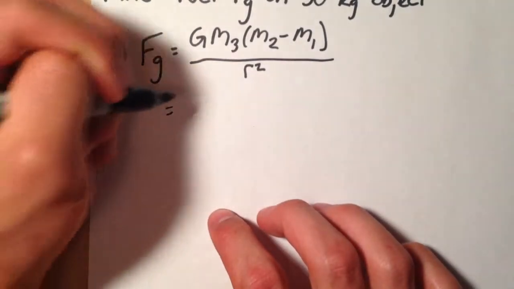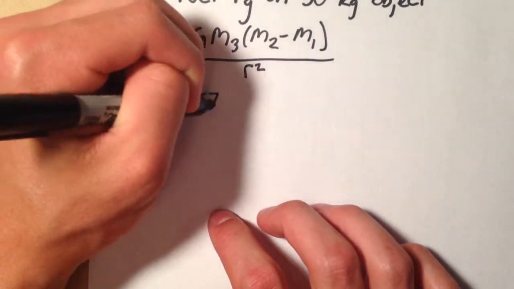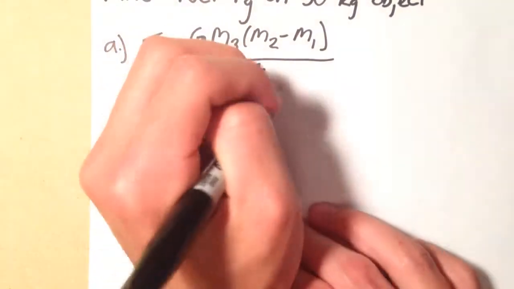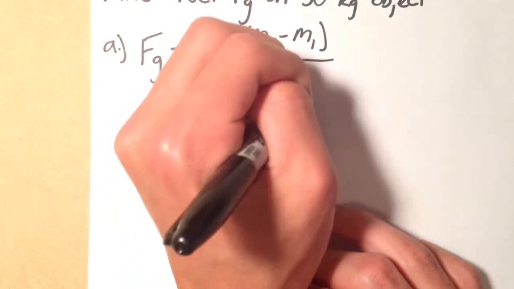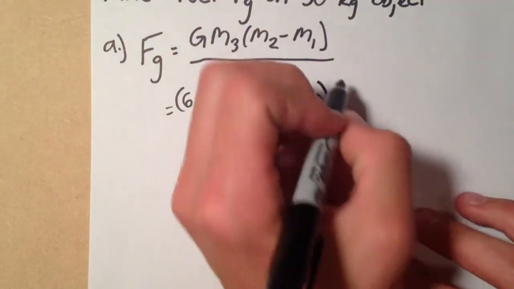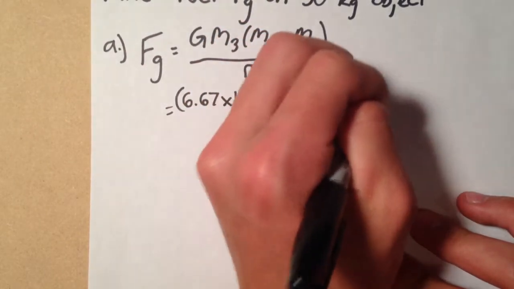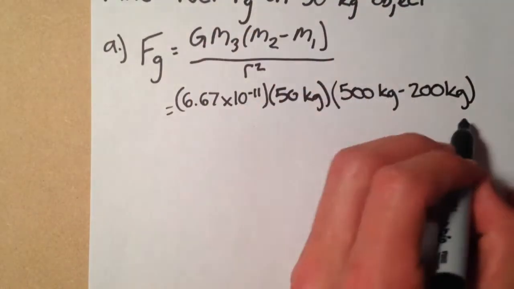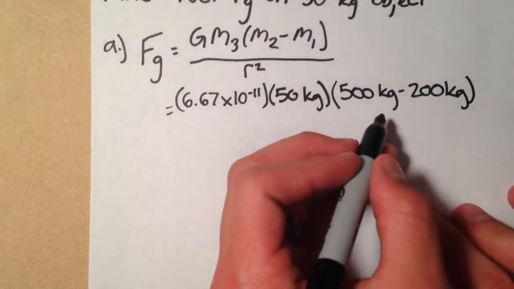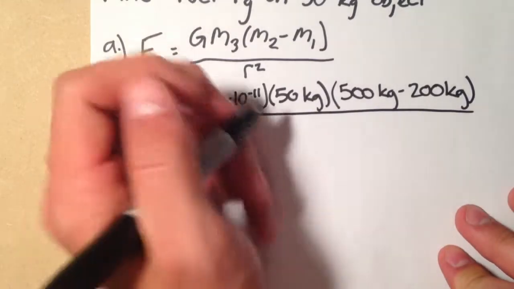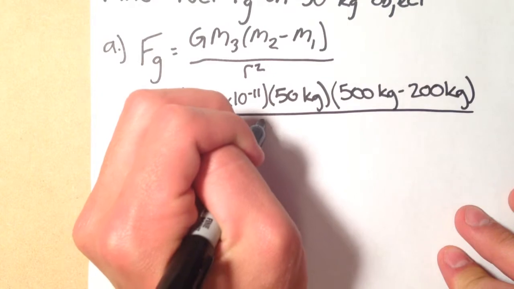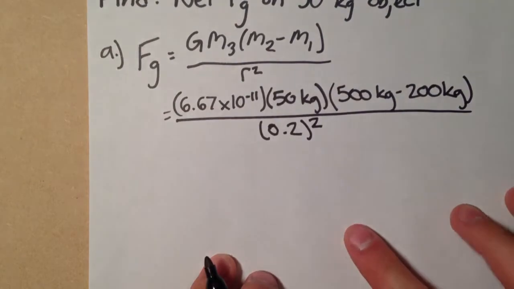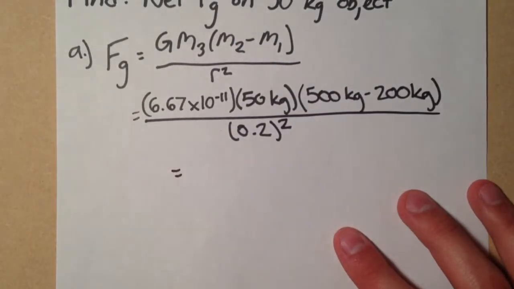So let's plug our values in. For G, we have 6.67 times 10 to the negative 11th, times 50 kilograms, times 500 kilograms minus 200 kilograms. And that's because it's the net force, so we use the difference between them. And then our radius is 0.2 squared. And then when you plug that into your calculator, it comes out to be